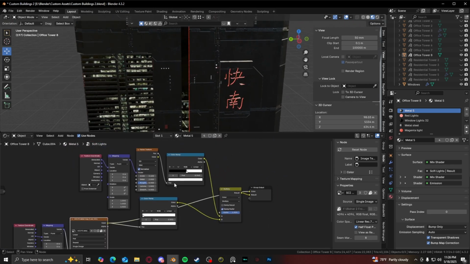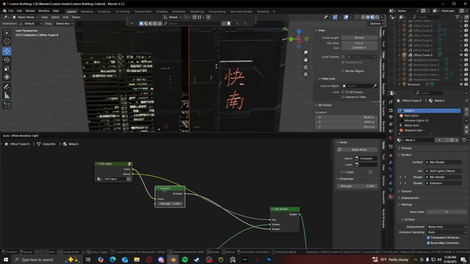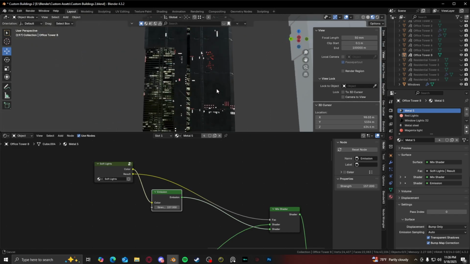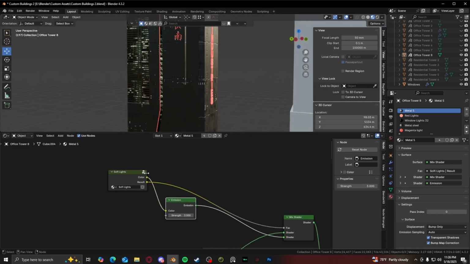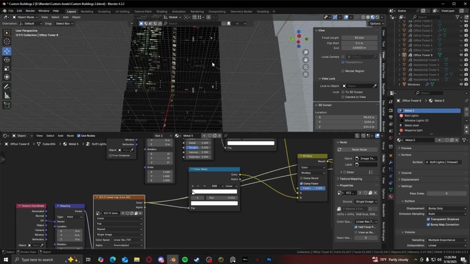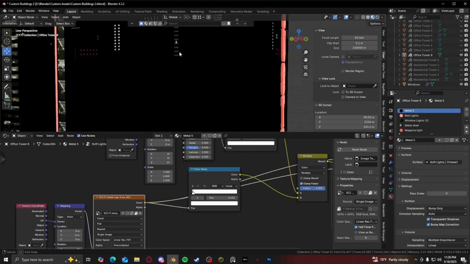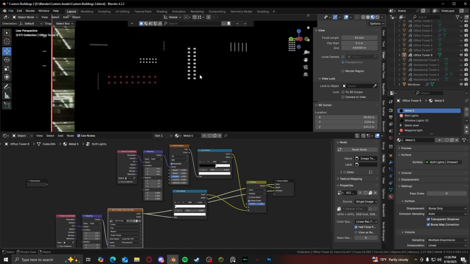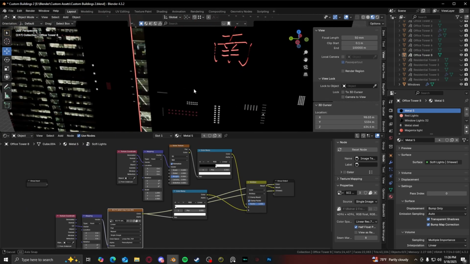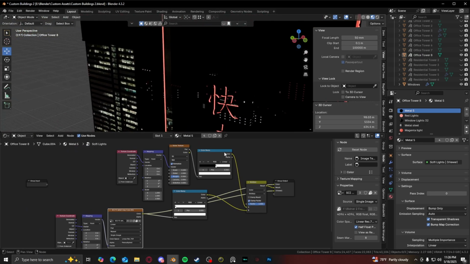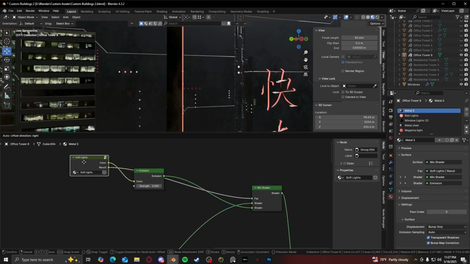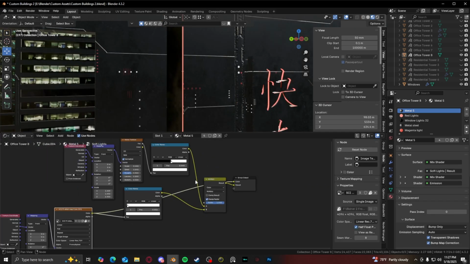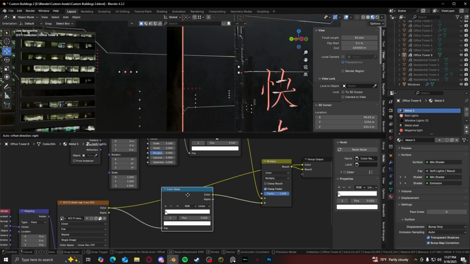But I just plugged that into an emission. So you can crank up the emission, and you can see the sci-fi light showing a lot more. But I remember with the sci-fi map, everything that wasn't emission was black, and I only wanted the lights to show. So because the rest of the image was black, it acts as a really good mask. So again, I just got the same texture and plugged it into the factor, and then with just the